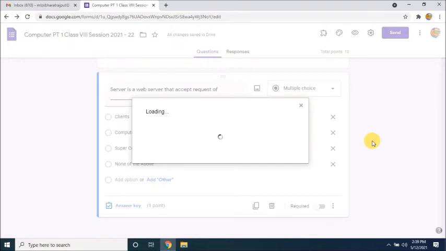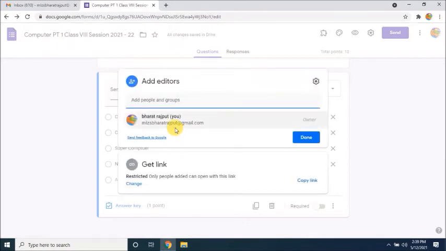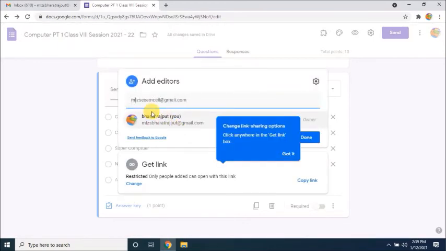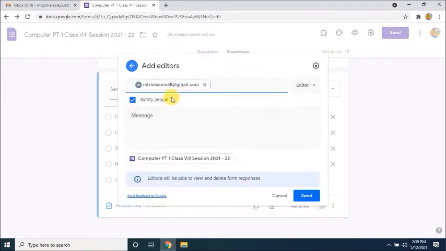We have to share about the form, mljds@gmail.com. What will happen? Our notification information will go to the inbox of the MLJS exam cell ID, and the exam cell will access the form directly from your login.